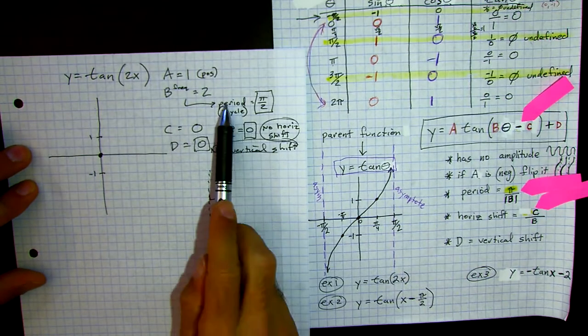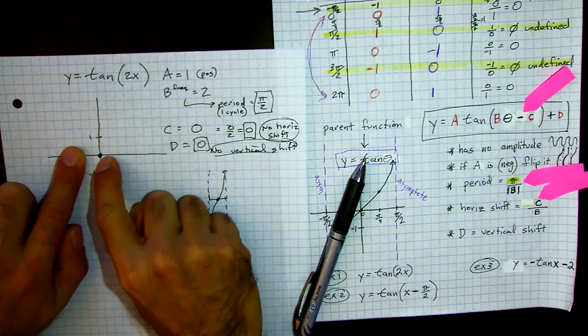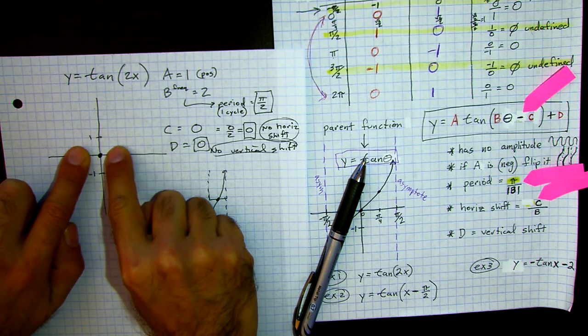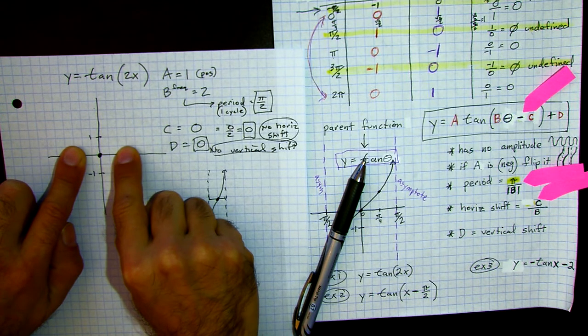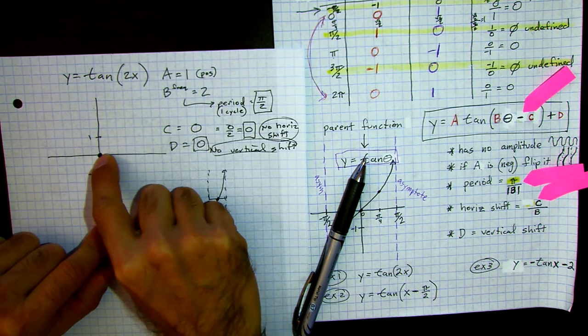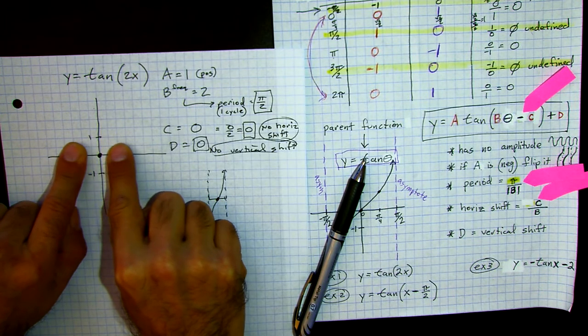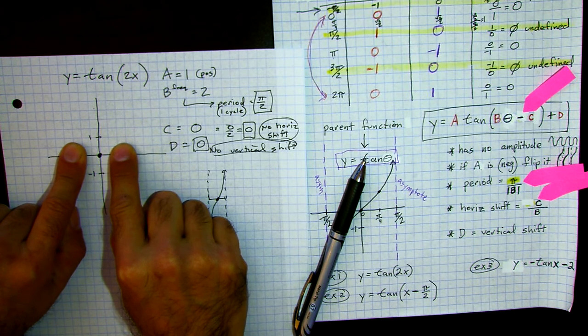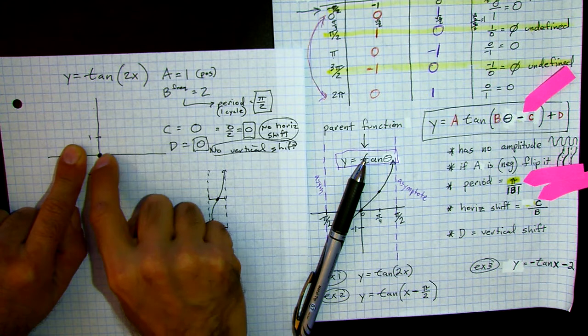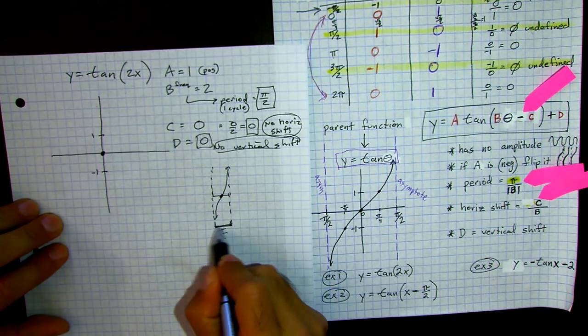So if my period is pi over 2, I have to think about it and say, well, I know that as I go from this inflection point, our main point here, it's going to go out, and the full distance between my fingers here is going to be pi over 2. So you always find where that middle point is based on the horizontal shift and the vertical shift. That's right here. You know your period is pi over 2, so as I open my fingers to show where the asymptotes are, the distance between my fingers is pi over 2. Okay, that's how wide the function is going to be. This point here is just the point in the middle. Okay, so if this whole distance is pi over 2,